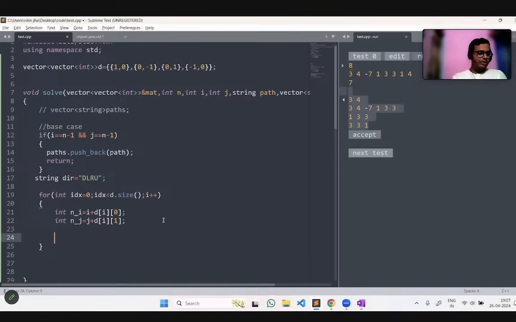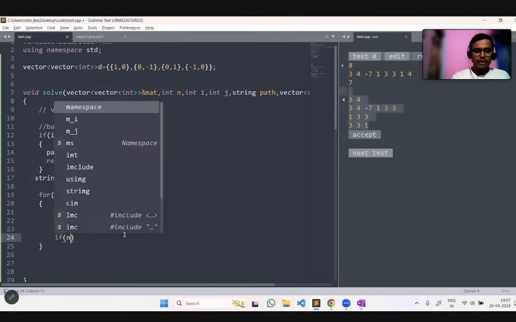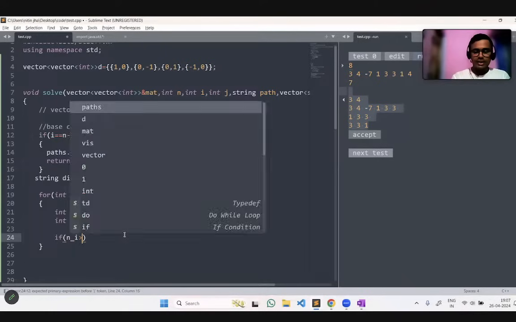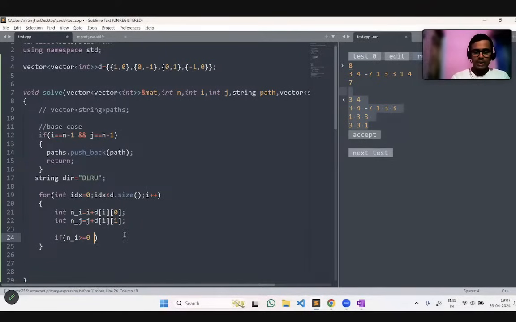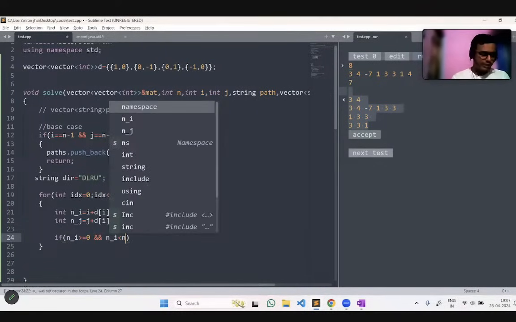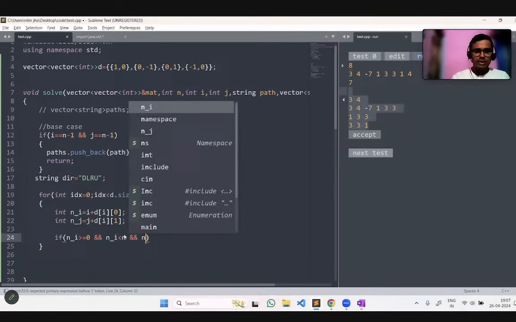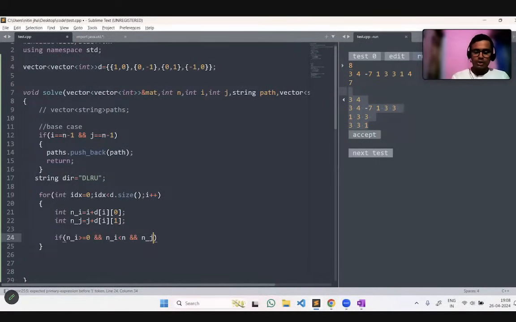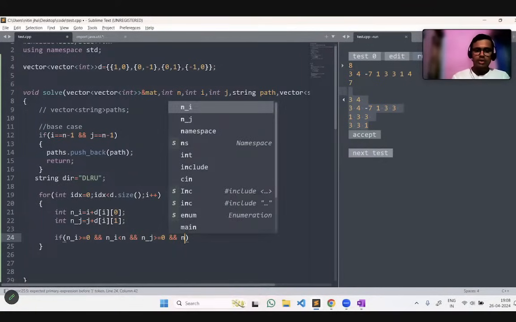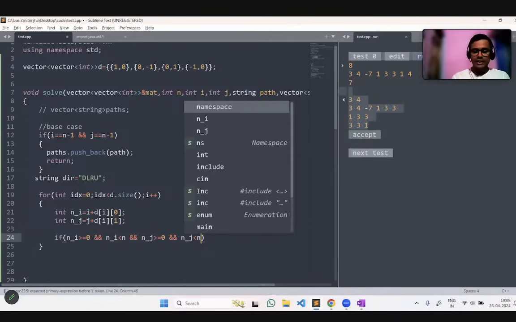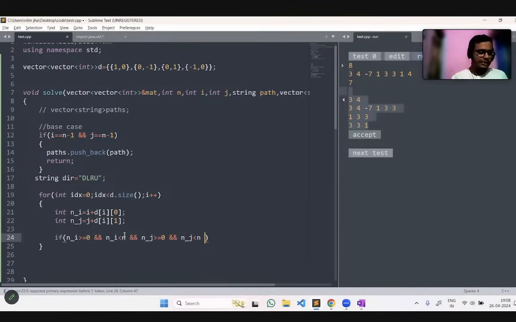Now we are just checking that new I is greater than or equal to 0 and new I is less than n, and in the same way new j is greater than or equal to 0 and new j is less than n. So this is the criteria to bound the index into the range.